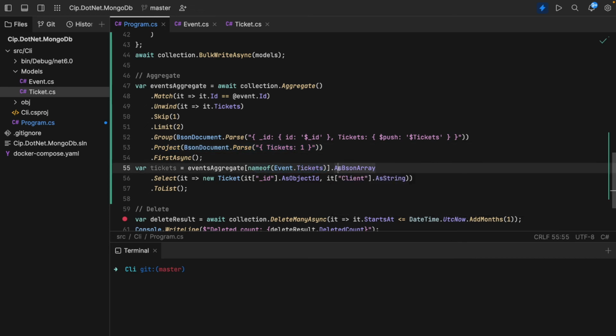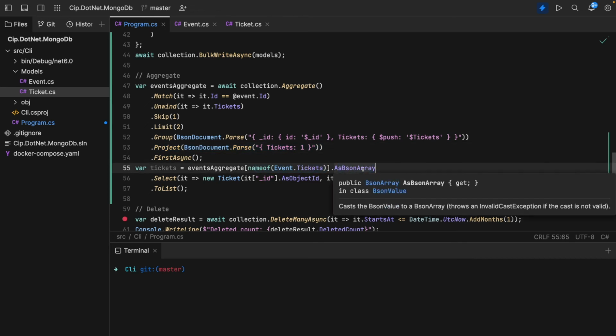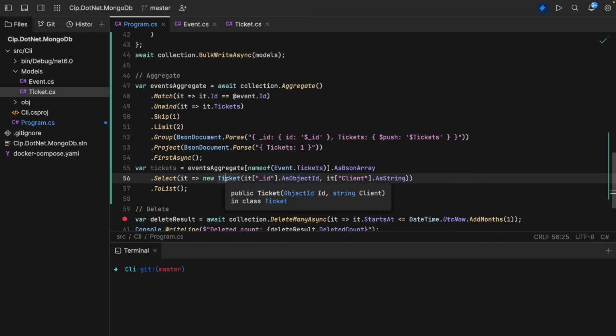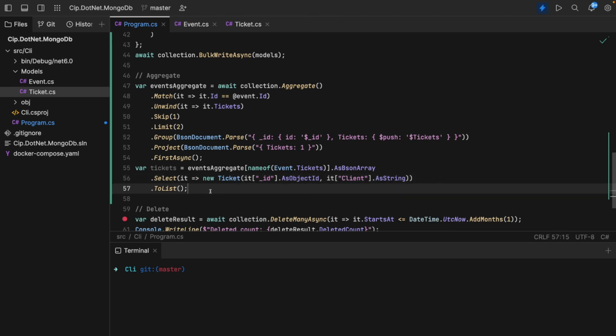We can say that it's bson array, and bson array is enumerable, so we can use LINQ on it, and we can select tickets. And again, because we know what those properties are and what their names are, we can actually take them and map them. And this way we can actually get our in-memory tickets, our tickets models, and we can map them to list. Let's also do console write here,